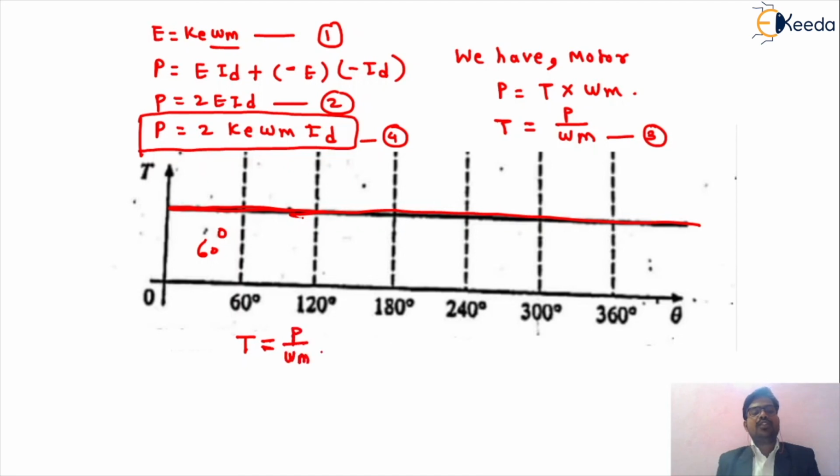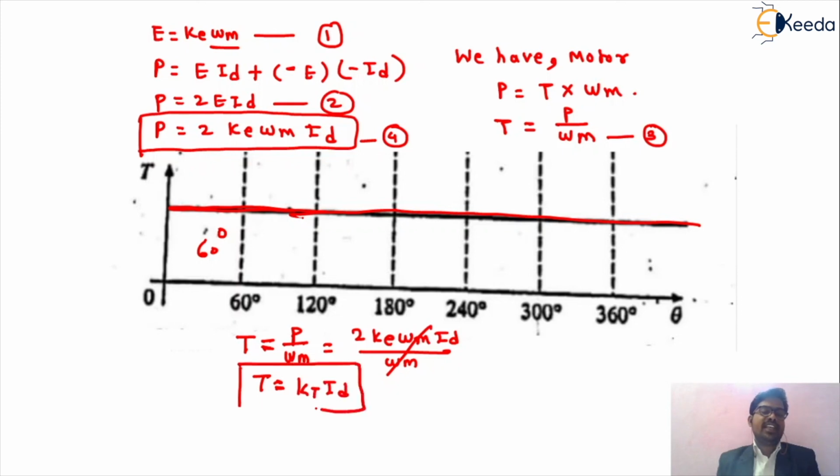So now we are substituting the value of T. So it is 2 into Ke omega m Id divided by omega m. So this omega m gets cancelled. So we are getting the equation of T, that is T is equal to 2 into Ke. Instead of 2 into Ke, we are substituting one constant term, that is Kt. So Kt into Id. So friends, according to that fundamental equation, we can say that the torque developed by your